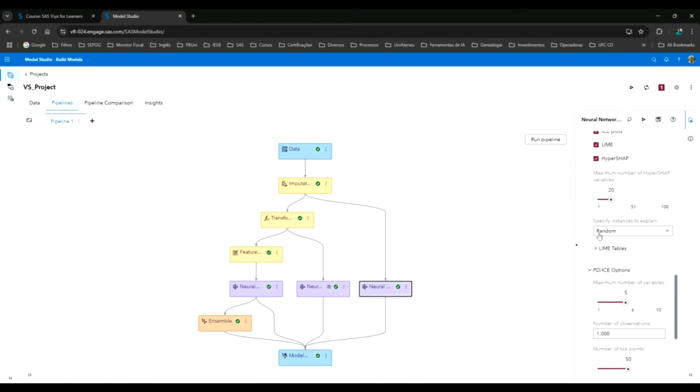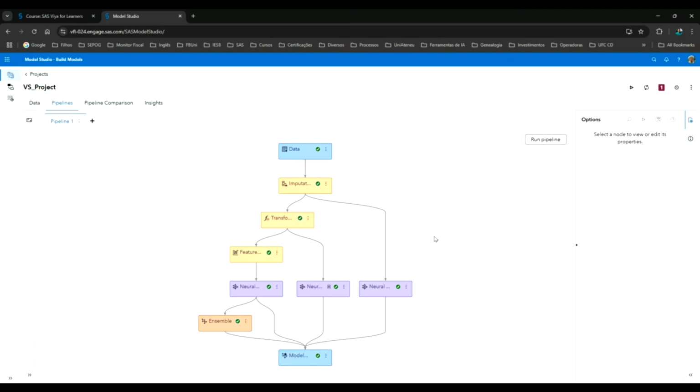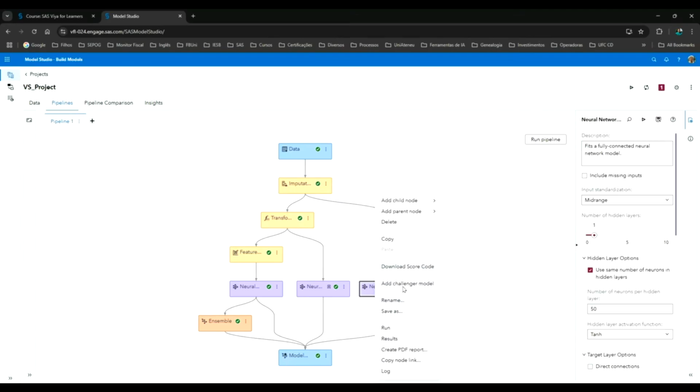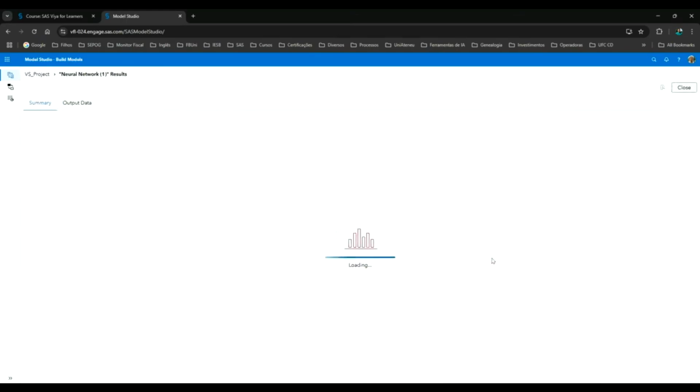Okay, look at this, random. Then the tool will choose, but we can specify up to 5. Then return to the results.